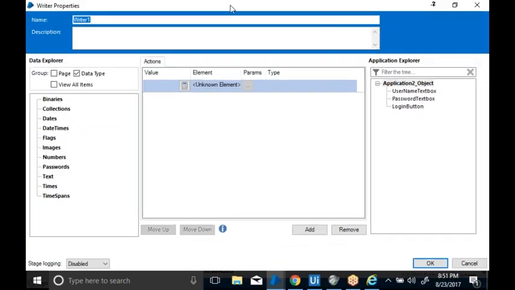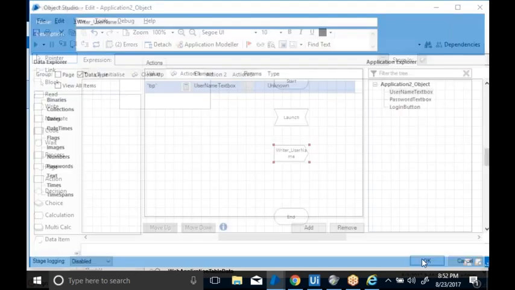When it comes to naming conventions for the Write stage, always write underscore username. Now I am going to write the username. Give the name Username and drag and drop the username element under the element. Now what do I want to write? I want to write the username. Under the value, put your application username. My application username is BP. Let's give that and click save.